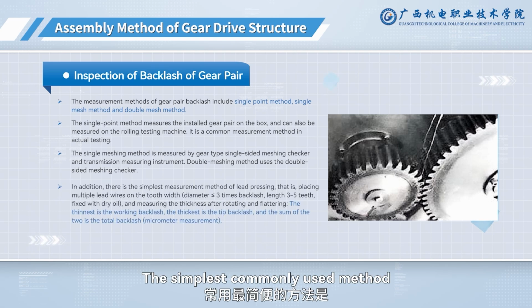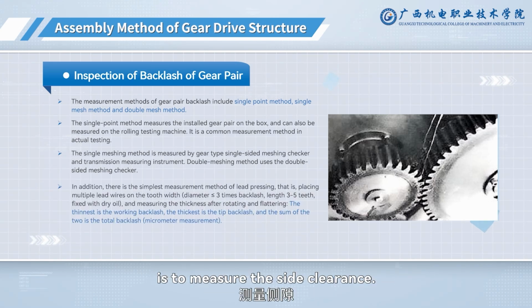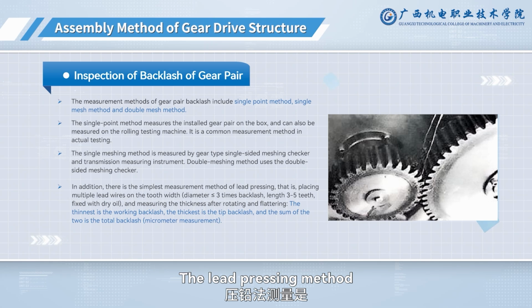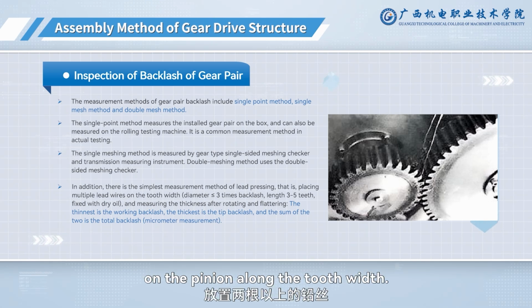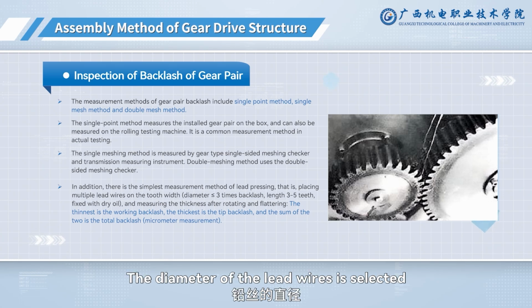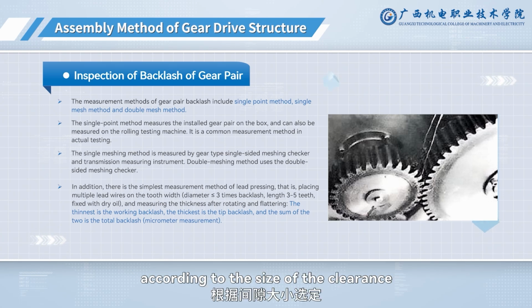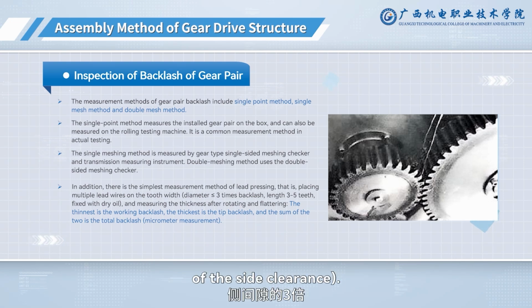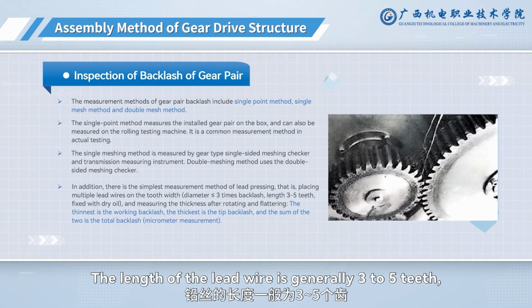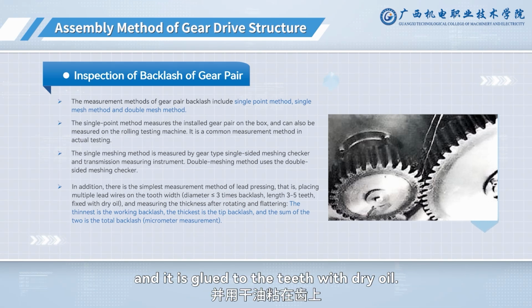The simplest commonly used method is to measure the side clearance. The lead pressing method is to place more than 2 lead wires on the pinion along the tooth width. The diameter of the lead wires is selected according to the size of the clearance. Generally, it should not exceed 3 times the side clearance. The length of the lead wire is generally 3 to 5 teeth, and it is glued to the teeth with